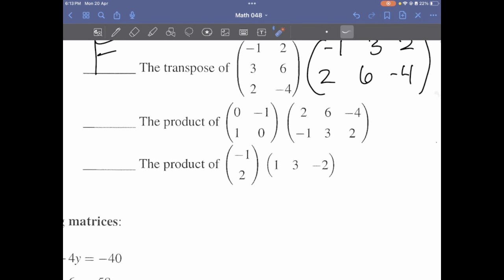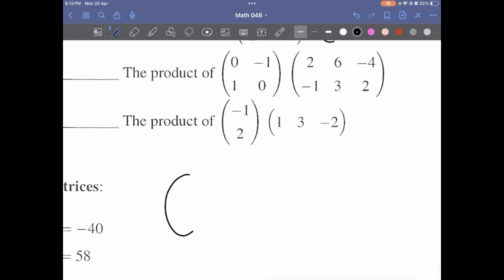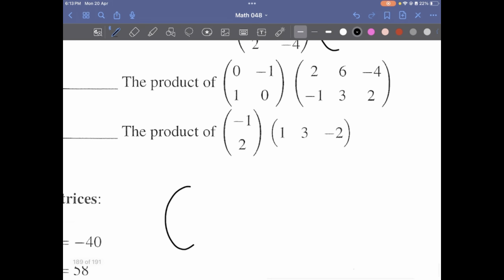So we're multiplying row 1, this row by these, to get the numbers on the top, right? So